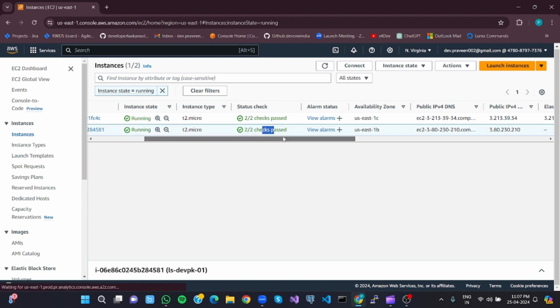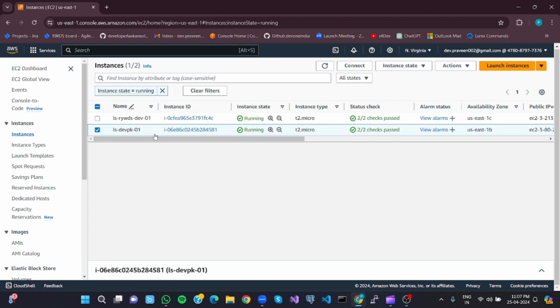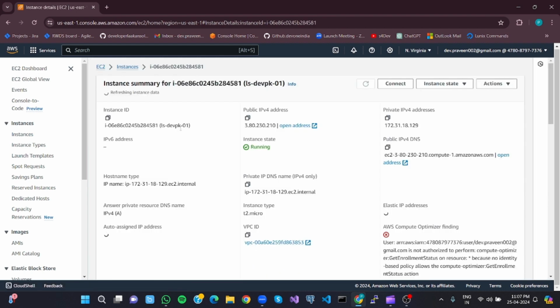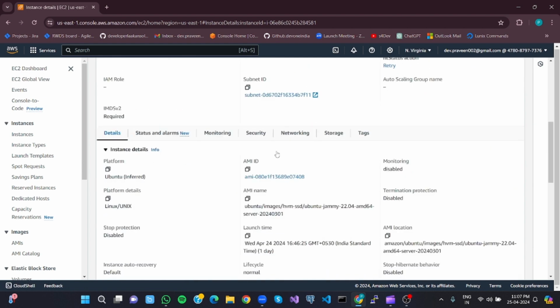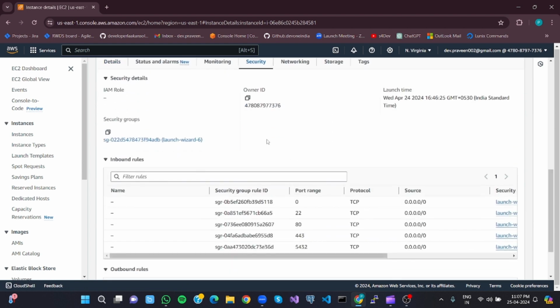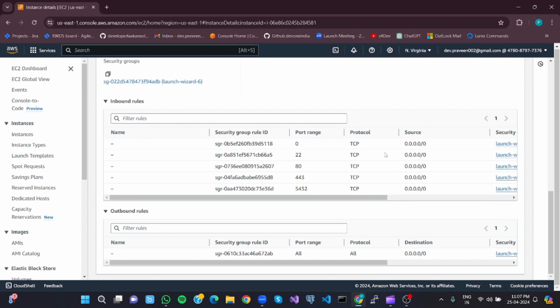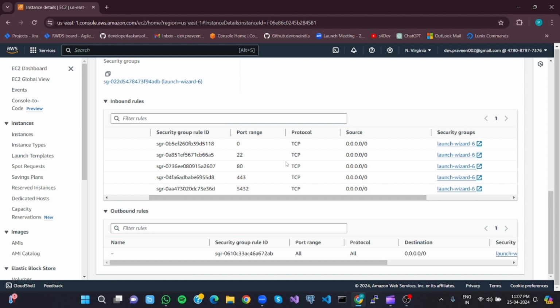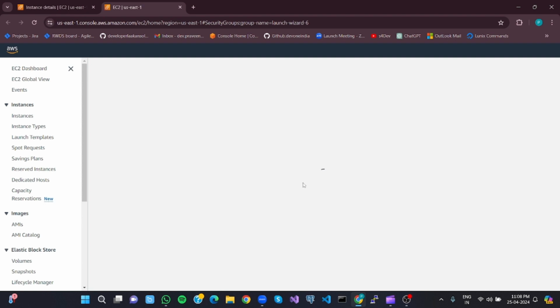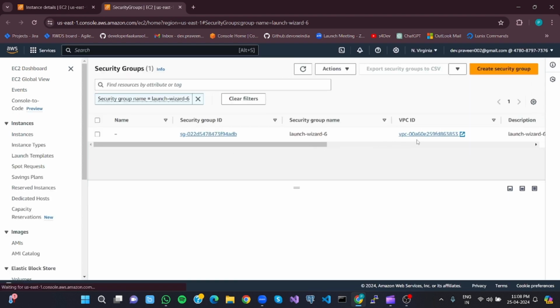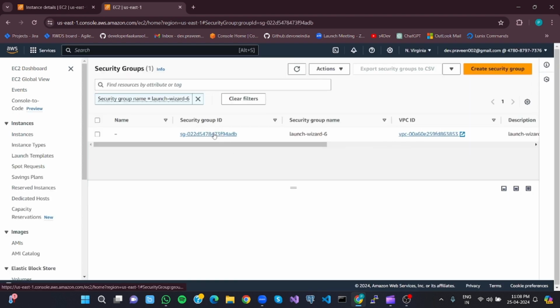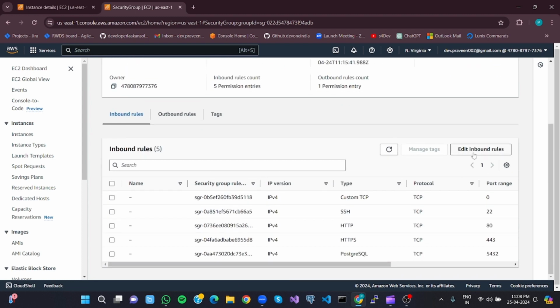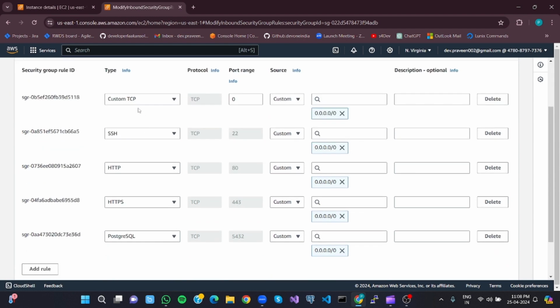After the checks have passed, we have to add a security inbound rule over here. So go inside the instance ID and scroll down. There is a security tab, and here I have already added some rules. So you might see only one, that is port 80 or 0. Click on this one, navigate to here, click on the security group ID, and here click Edit inbound rules and add the custom